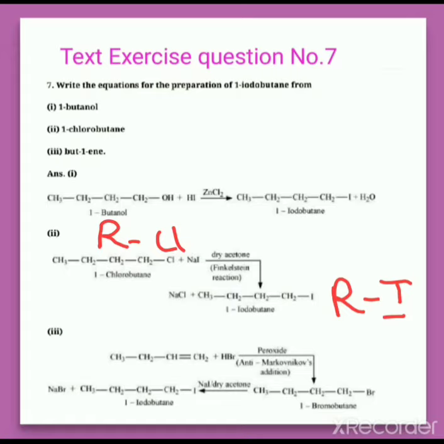So if the alkyl group is same, there is only a difference in the halogen. That means we can use a halogen exchange reaction. Which two halogen exchange reactions have we discussed? That is Finkelstein and Swarts. But in Swarts, fluoro products are formed and in Finkelstein, iodo products are formed. So we need to use the Finkelstein reaction only. Then only we get RI. So we will be reacting with NaI, and we'll get this product. That is the Finkelstein reaction.